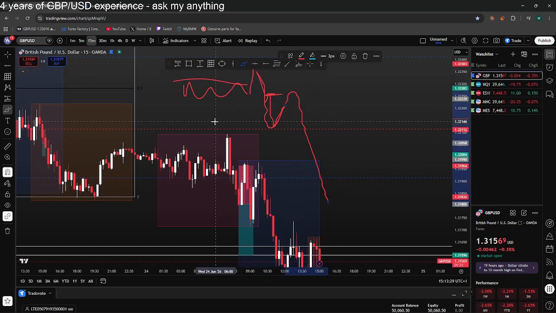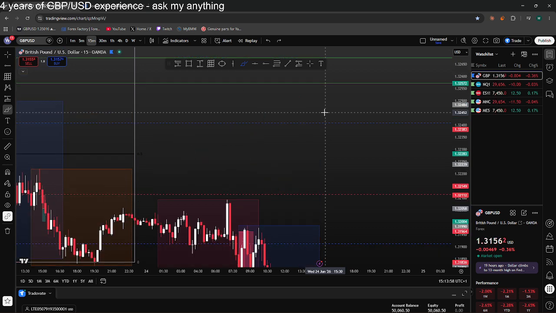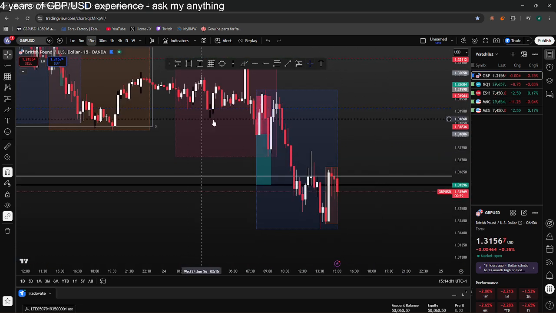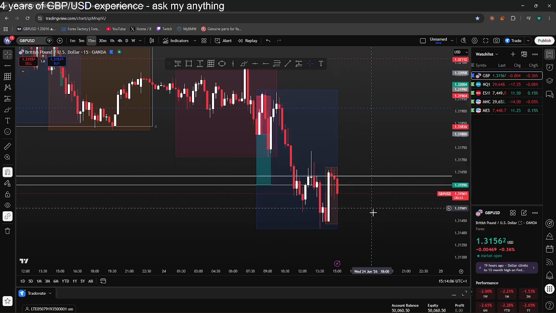But a lot of people don't realize that the majority of times when you do get wicked out in such situations, it is by not even a pip most of the time, and people get stopped out for no real reason. So that's why I'd set it 2 pips above. So in 80% of the cases, I wouldn't be stopped out. And this is just one of those cases where we would have been stopped out. It's not the end of the world. It is what it is. I'm not too bothered. Like I said, still happy that I thought this is how the trade would have gone.